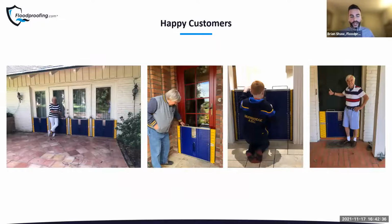So what you're looking at on the left picture here is if you do have a larger opening that goes across, we do have extension posts where you can put these side by side together to cover, say, a set of double doors or a garage. That extension post would require one anchor in the ground, but this product, it is standardized, so it is 28 inches tall. It is going to provide 28 inches high of flood protection, but it's that great residential product. It could also be used for commercial for that lower level flooding, 28 inches and under. But it's very easy to deploy, as you could see, for really any person, any age,